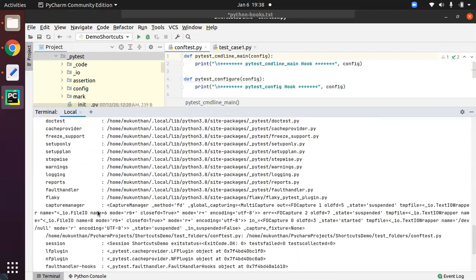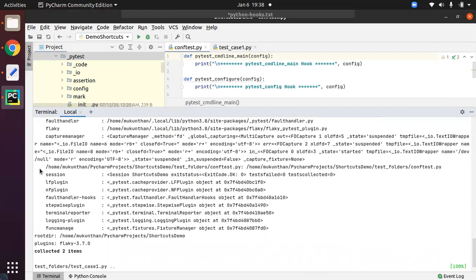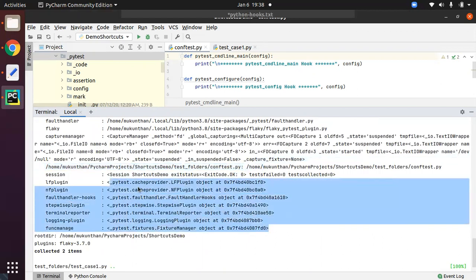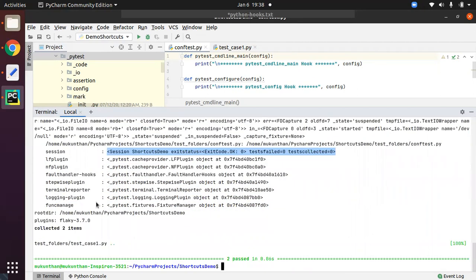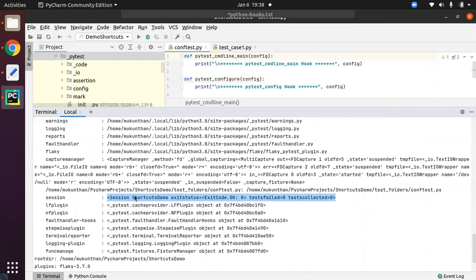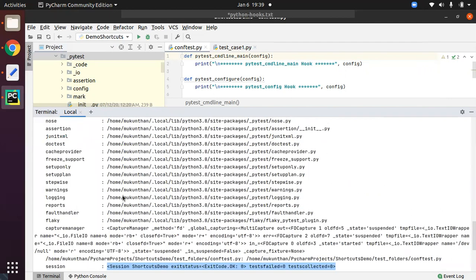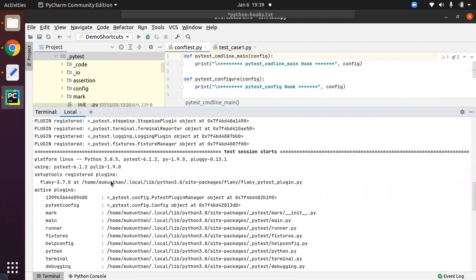You can also see the conftest.py loaded. Along with the default plugins, we have the session object as well. So you can clearly understand we have different kinds of plugins: default plugins coming from underscore PyTest, our session object created the first time, and then all the third-party plugins also registered.